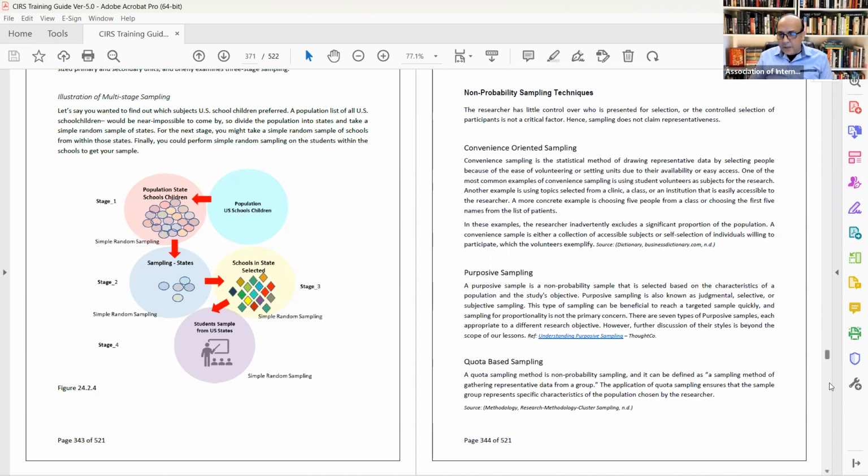Quota-based sampling is when the sample represents specific characteristics of a population chosen by the researcher. Now, quota is something that we don't use anymore. We use convenience and purposive. Quota-based is the same as purposive sampling. However, what quota used to be